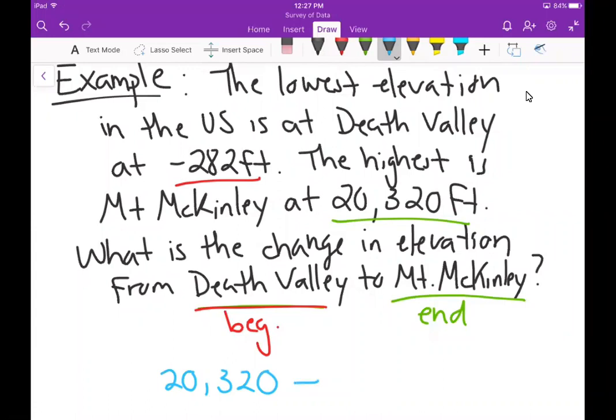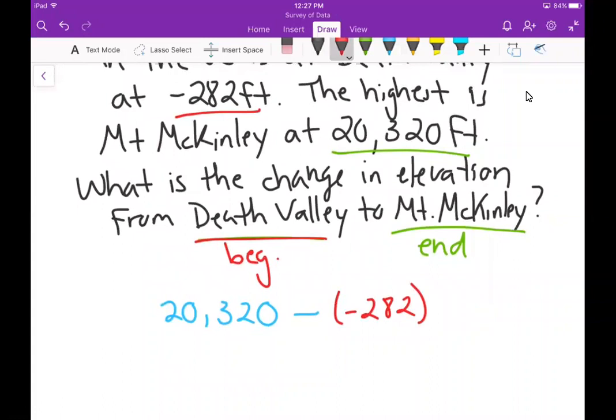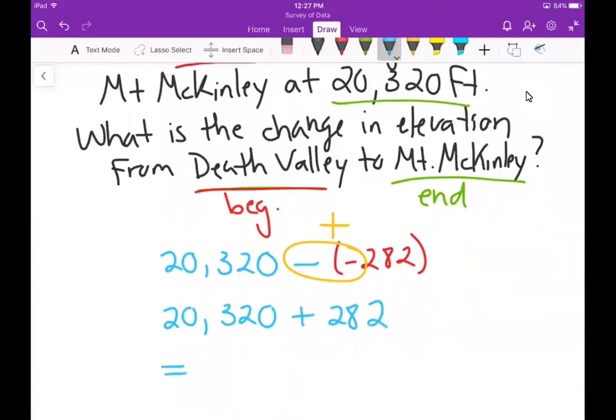Now, the subtraction is coming from finding the change. The beginning elevation is negative 282. So it's also key here that you don't end up missing one of those negative signs. If you do, you won't get the right answer. Because really what we need to do here and what we're seeing is that these two negatives will come together to be a positive. We need to find that change in elevation, we need to go up 20,320 feet, but add in that 282 feet that we first needed to go up to get to sea level. If you add those two numbers together, you will get